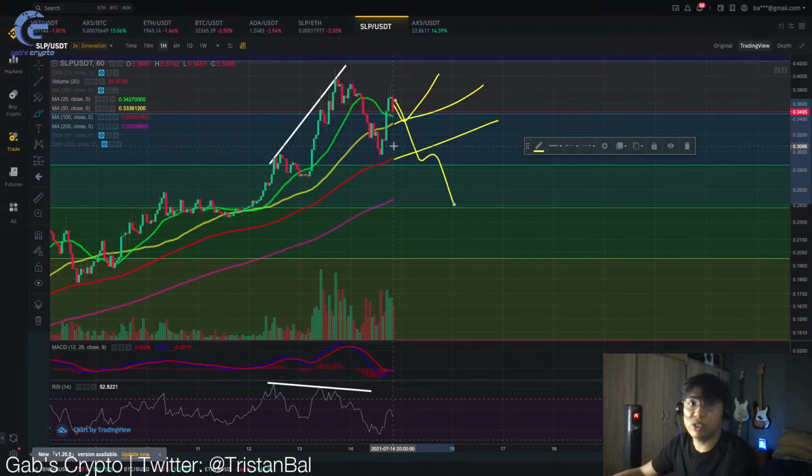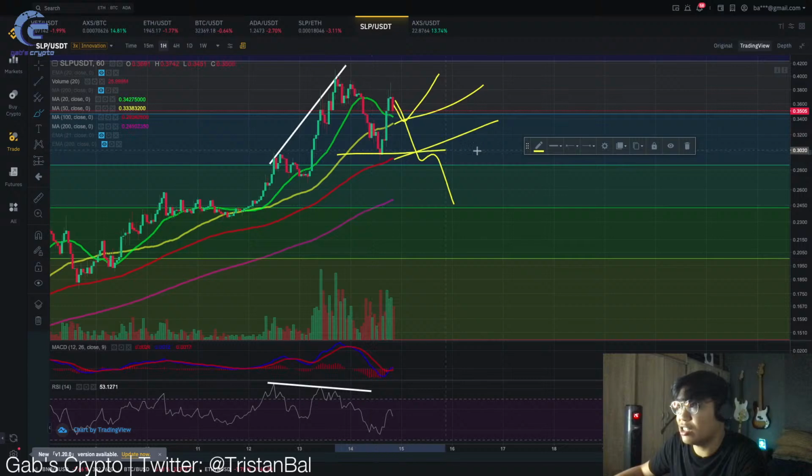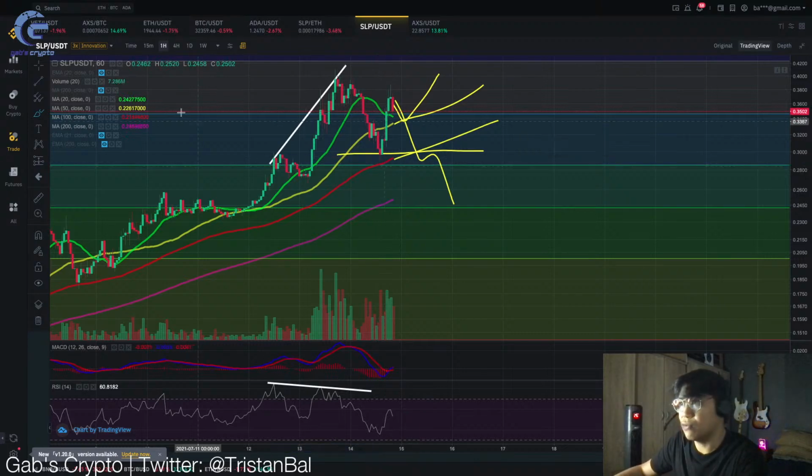And just like what I've been telling you, you need to take profits along the way. It will, of course, go up in the long term, but the short term does not guarantee you a 100% pump always. So, kailangan nyo, at some point, mag-take profits and then you need to follow a strategy. So, every time na nag-drop siya, you need to buy at the support area. So, kita nyo to guys, oh. Tingnan nyo yung movement na to.